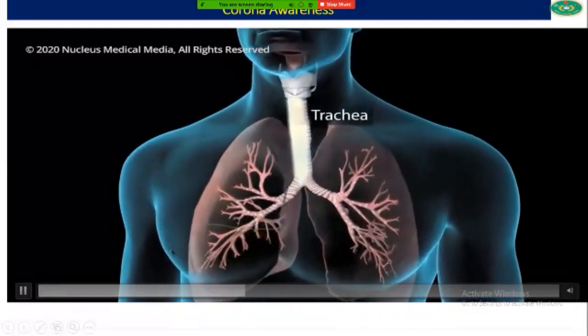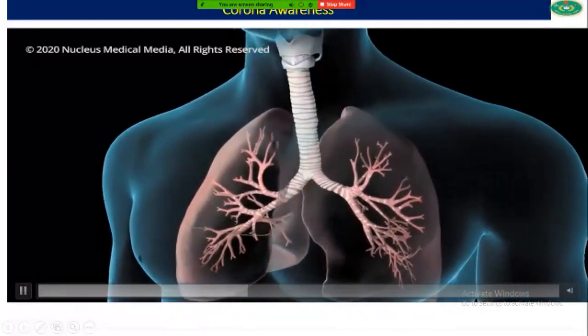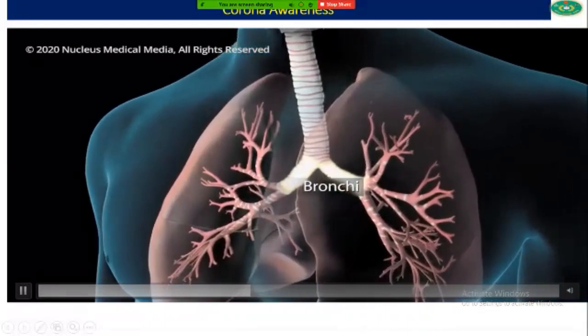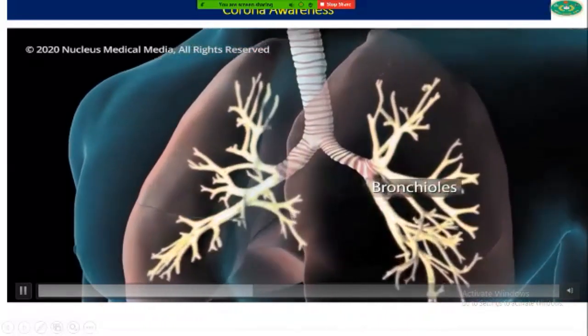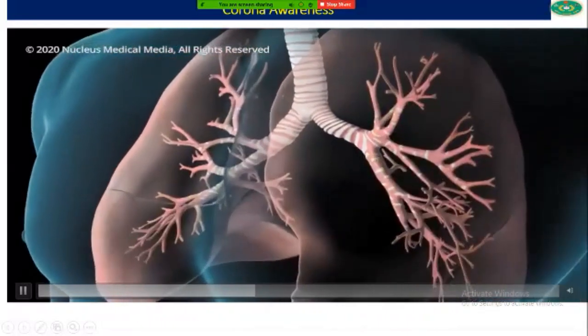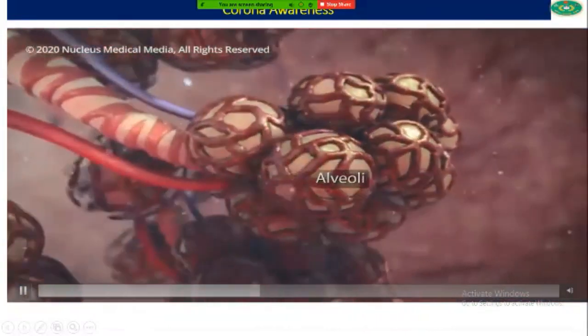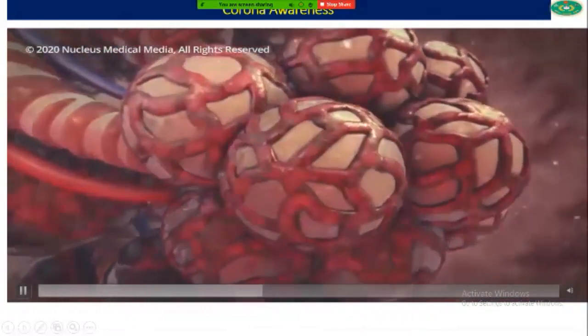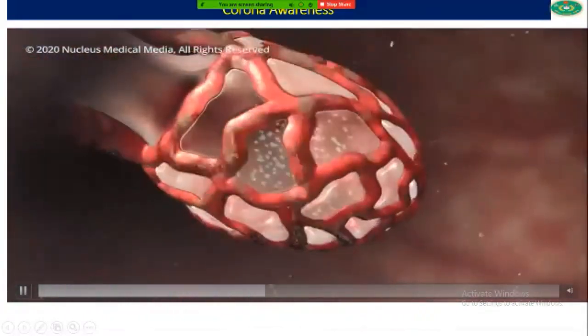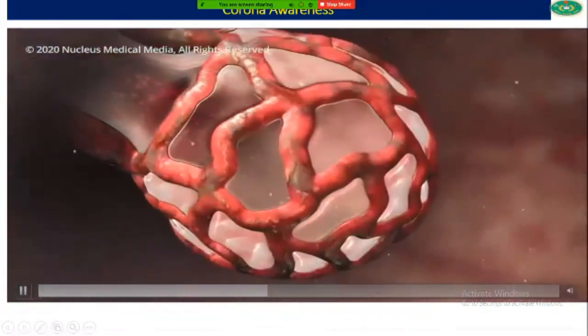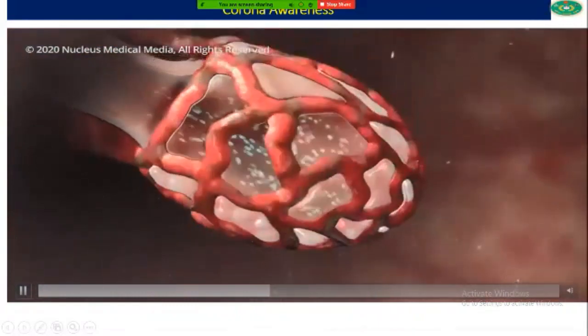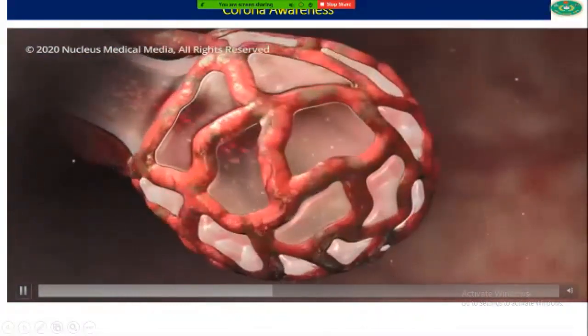Normally, as you breathe, air moves freely through your trachea or windpipe, then through large tubes called bronchi, through smaller tubes called bronchioles, and finally into tiny sacs called alveoli. Your airways and alveoli are flexible and springy. When you breathe in, each air sac inflates like a small balloon. And when you exhale, the sacs deflate.